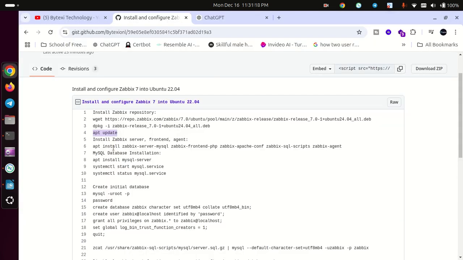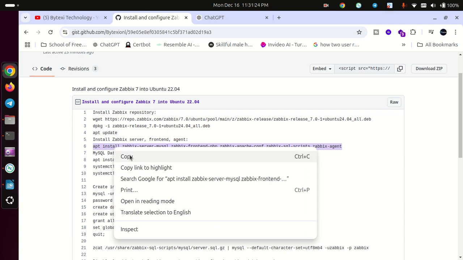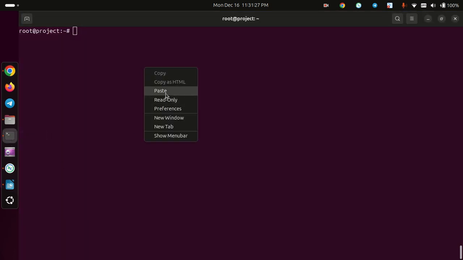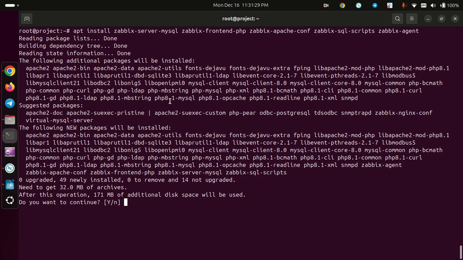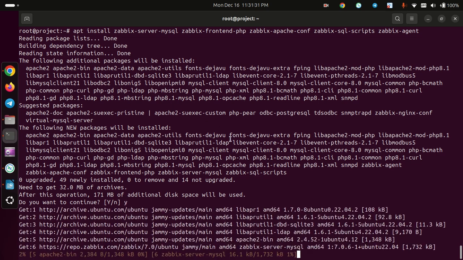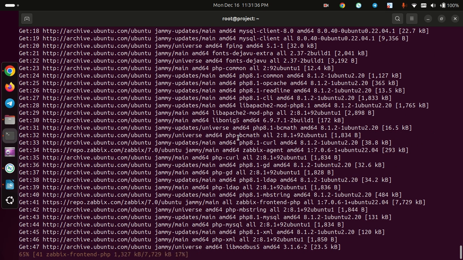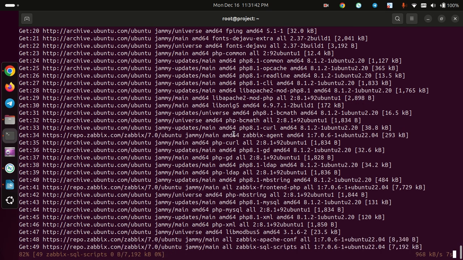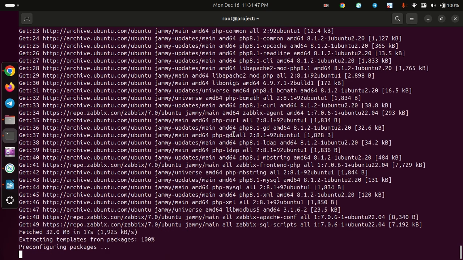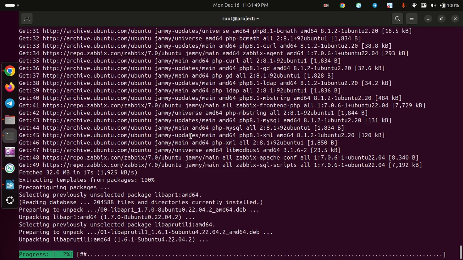after that we need to install the Zabbix server, front-end, and agent. It needs a few times. We'll wait for it to finish. Then we need to